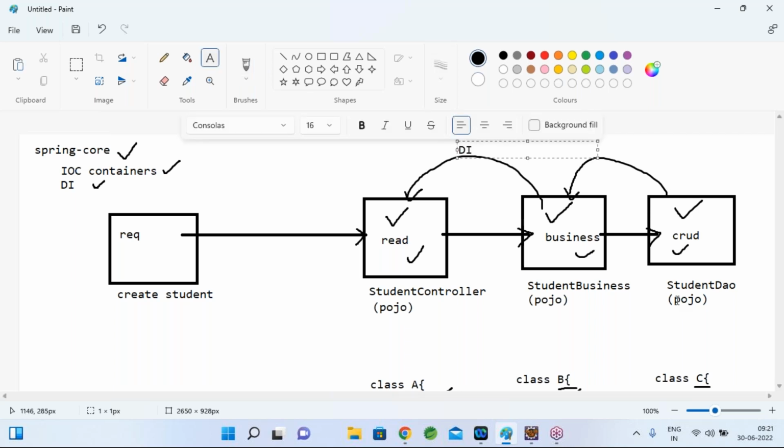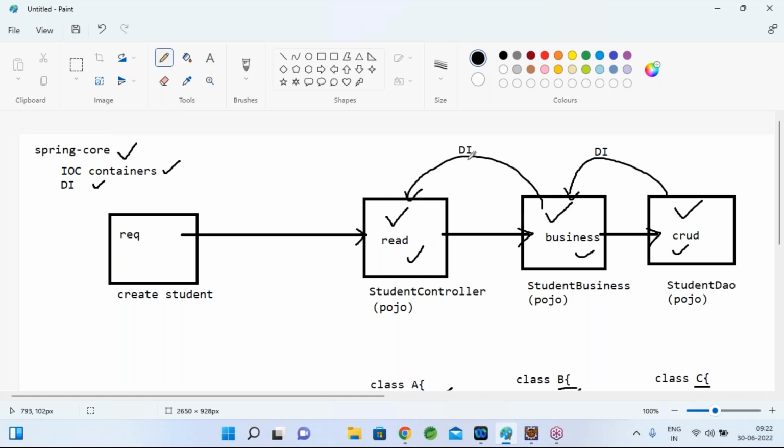If there is no dependency injection, then there is no use of the created object. You created an object, and if you couldn't supply it into another class, then what is the use of that object? So your container is creating objects for doing dependency injection only, so that we can supply them wherever we need and execute the methods. Okay, so a developer can comfortably leave this object creation part and dependency injection part to your IOC container